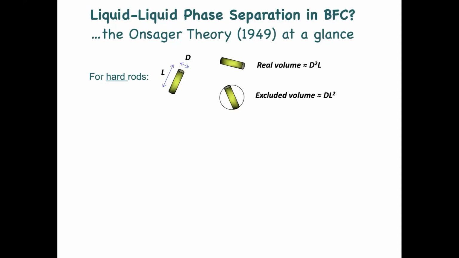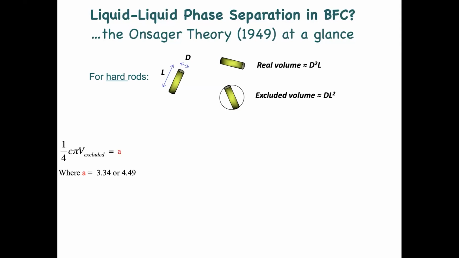Because already back in that time, Onsager understood that the suspension of colloids, filamentous colloids, is better understood not in the real volume, but in the excluded volume. And the excluded volume of a rod, I mean, we all know what the volume of the rod is, but the excluded volume of a rod which is freely rotating on the plane. Why on the plane, not on the sphere? Well, simply because of conservation of angular momentum. The excluded volume will be now the length squared times the diameter.